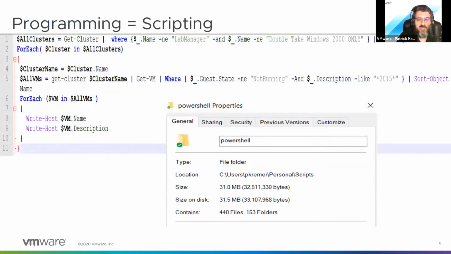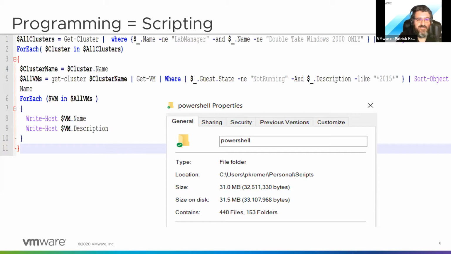And throughout my career, programming was scripting. If you've managed any vSphere environment of any size, you will amass a collection of PowerCLI scripts over the years. When I did research for this talk, I found that I'd amassed 440 scripts over the past 10 or 15 years. They're mostly 10 or 20 lines of Google code that I found on the internet somewhere and modified for my purposes. This particular one was a shaming script to catch admins who deployed a VM without changing the description so that we knew who owned it.